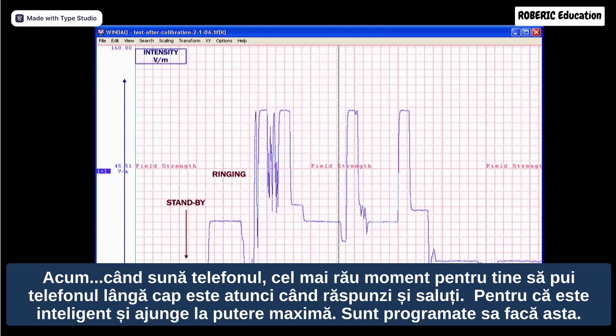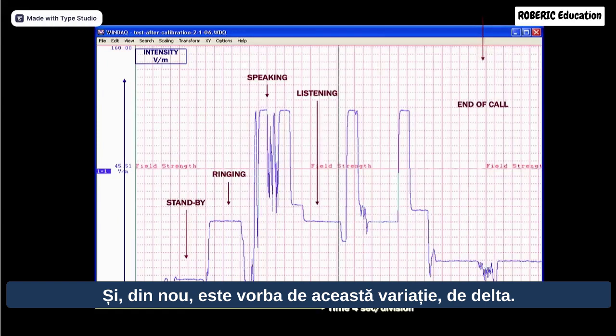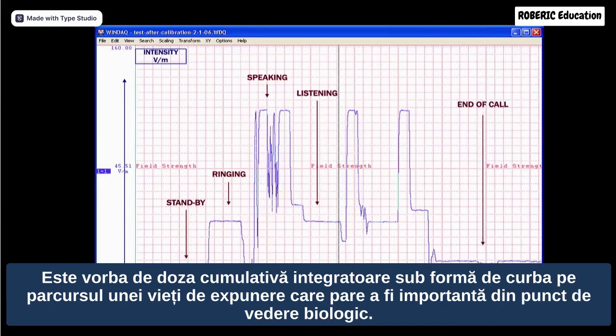Now, when the phone rings, the worst time for you to put a phone right next to your head is when you answer it and say hello, because it's smart and it goes to max power. They're programmed to do that. Max power. Now, it's going to go to max power. You're going to listen, and then it will go up and down and up and down. And again, it's that variation. It's the delta. It's the cumulative integrative dose under the curve over a lifetime of exposure that looks to be